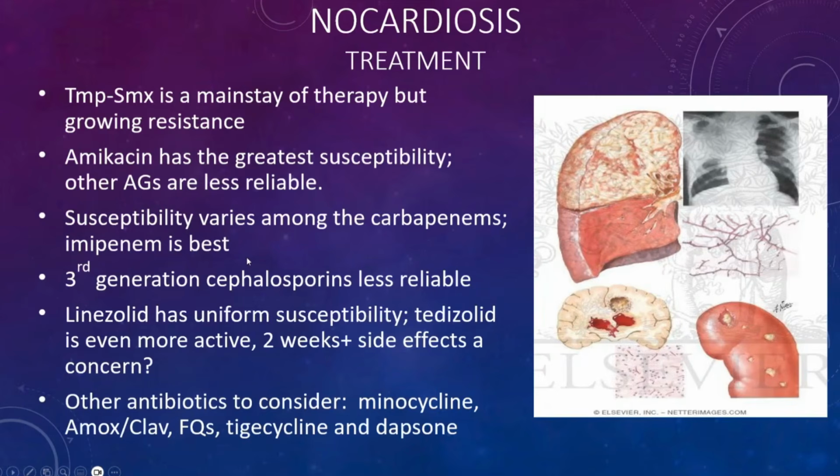What about specific agents? Well, Bactrim is a mainstay of therapy, but there is growing resistance, and not all strains are uniformly susceptible. Amikacin has the greatest susceptibility and durability, but other aminoglycosides are less reliable. Imipenem tends to be the most active carbapenem. Third-generation cephalosporins are less reliable, and the concern with using linezolid is